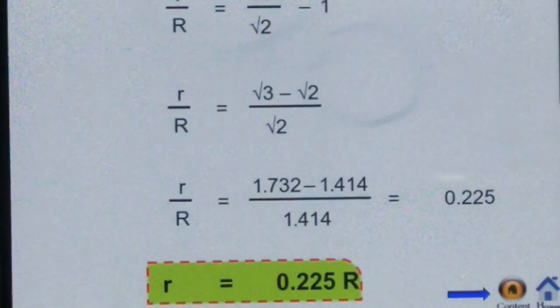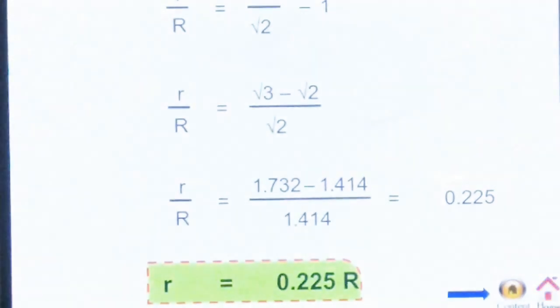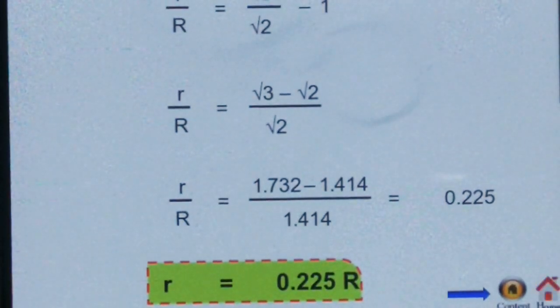Radius ratio: again I am saying, capital R is for the radius of the atom and small r is for the radius of the tetrahedral void. So the ratio of void to atom, small r upon capital R, is 0.225.